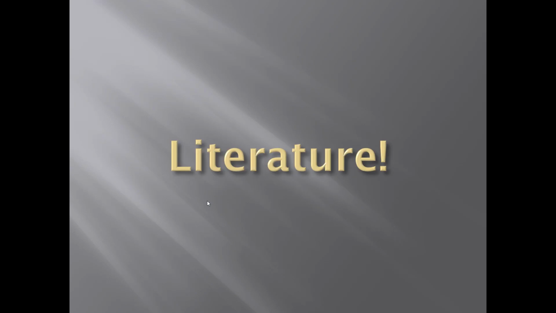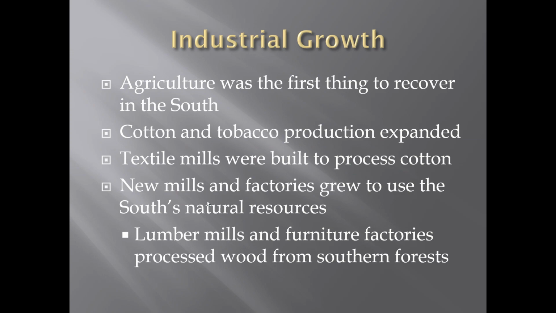Okay, so like we talked about before the Civil War, agriculture is really big in the South. And that's going to be the first thing that really bounces back. Farms are going to start growing cotton and tobacco. But we're also going to start seeing more industrial things coming down into the South. So you're going to start seeing factories open up to process that cotton, to make it into clothing, to weave it into carpets. You're also going to see a lot of mills popping up in the South.